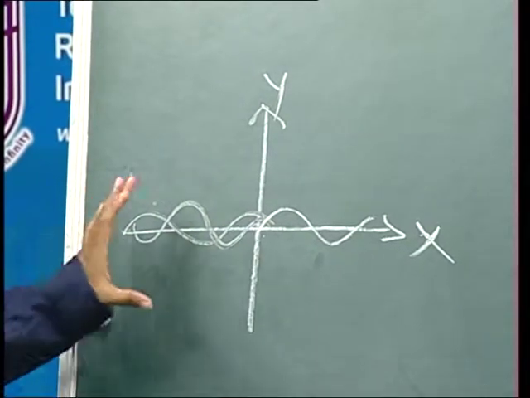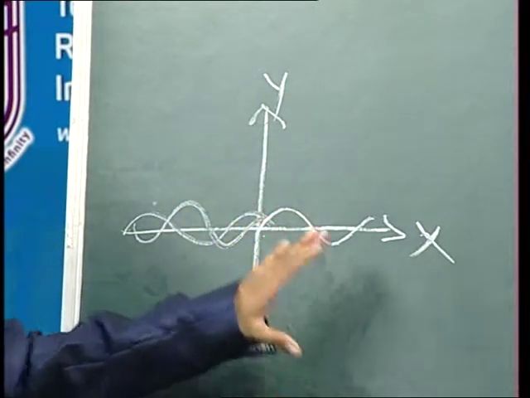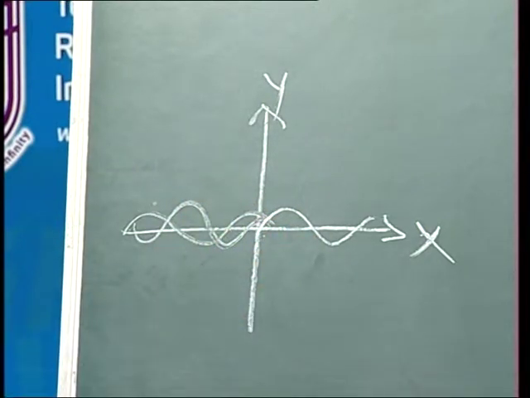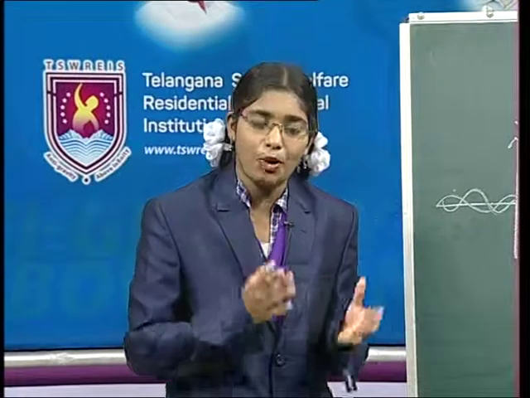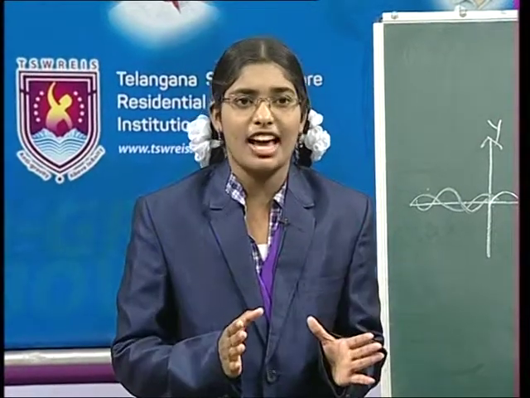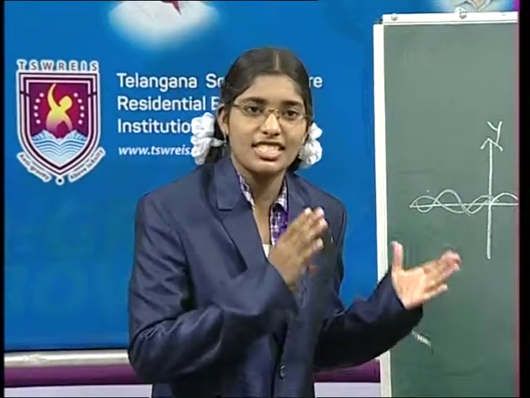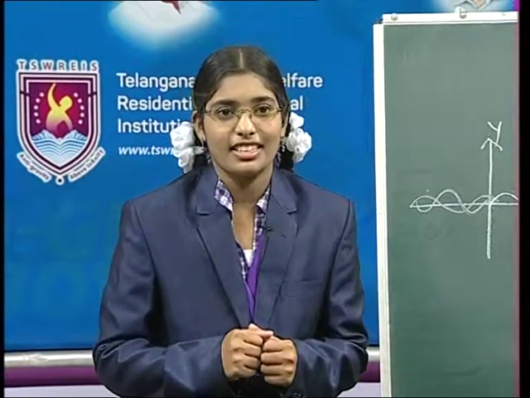But what makes this unpolarized light transform into polarized light? There are many methods in our physics, not only in physics but in general life, which make an unpolarized light transform into polarized light. What is that? It is nothing but a Polaroid. A Polaroid is a chemical substance which makes unpolarized light transform into polarized light. How does it look? Let us see here.